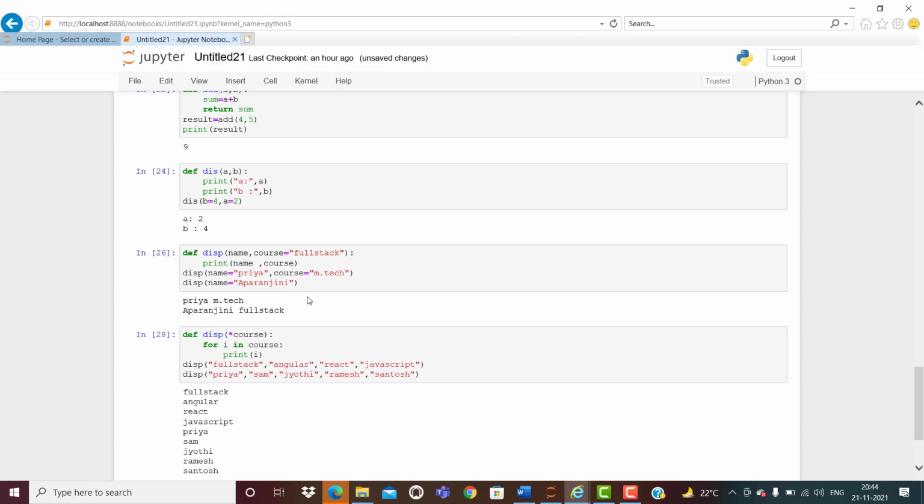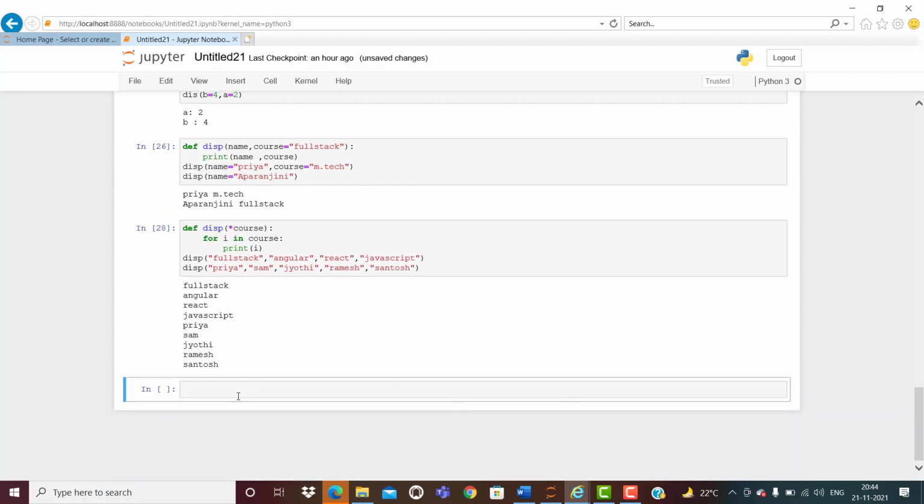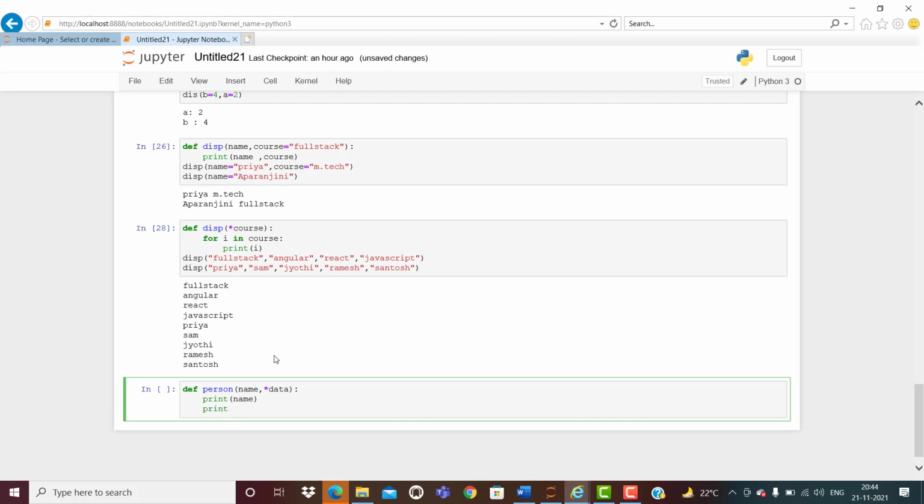So I hope you understood the concept. I'll give one more example. Instead of one, we can take 2 arguments also, like this. Define, write down here some name, person, name I am writing, and here I will take some other variable. It can be anything. So some data I have taken, and I'm going to print here, print name and print